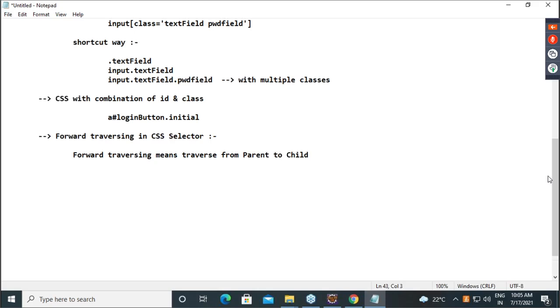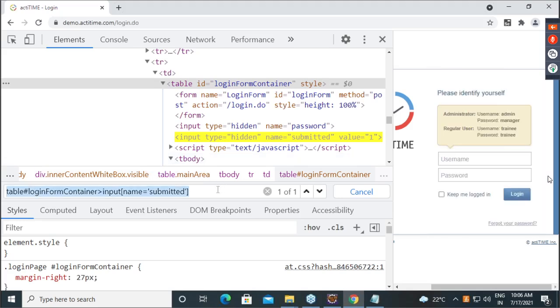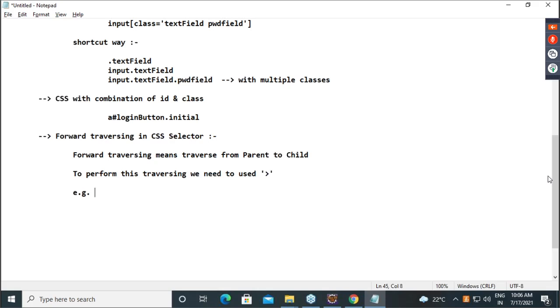Now, which symbol we have to use? Arrow. So, to perform this traversing, we need to use arrow. Is everyone clear? Now, for example, okay, note down this.